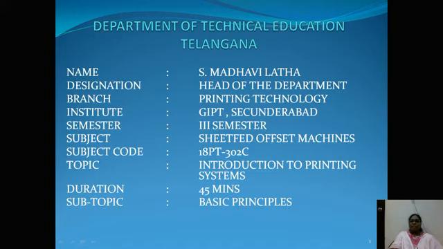This is Madhavilata Sampangula, working as head of the department in Government Institute of Printing Technology, East Marredpally, Secunderabad. In this session, I am going to start a subject, sheet-fed offset machine, which belongs to the third semester of the C18 curriculum. Before starting this subject, we must recall whatever we learned in the previous semesters, that is the first